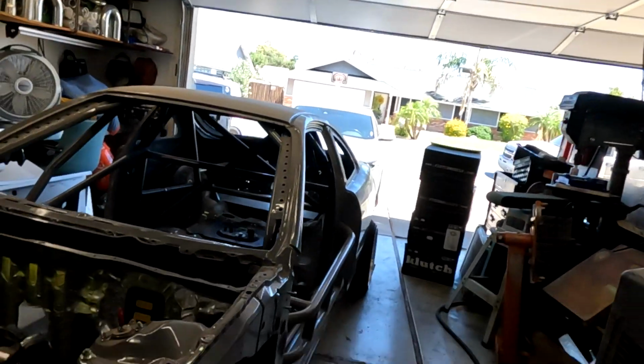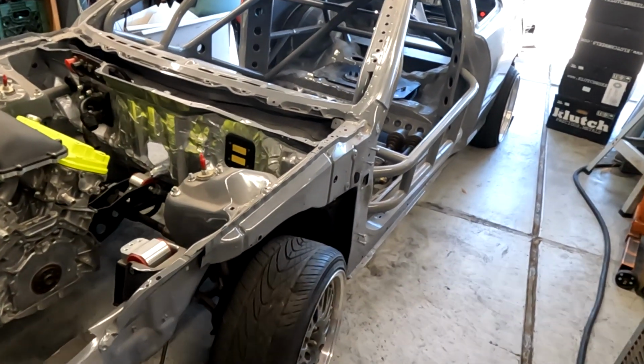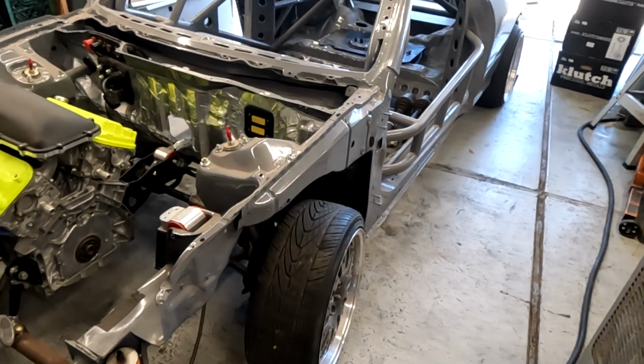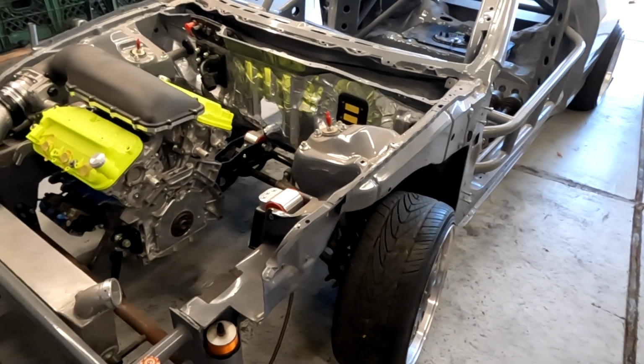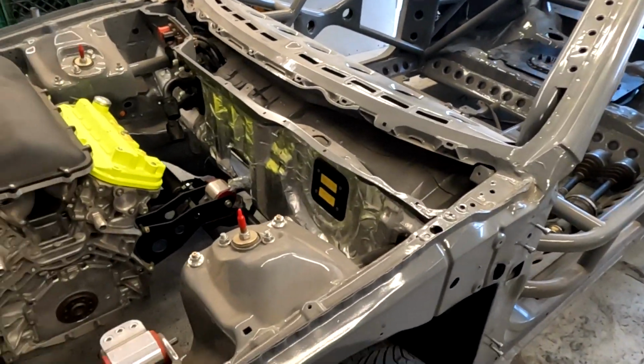Well, guys, guess what? Some of you may know this car, some of you may not. But finally got this out of storage. Don't mind me, I'm dying. It's cancer, it's fine. But back out of storage. Hooray! For those of you who don't know, this is